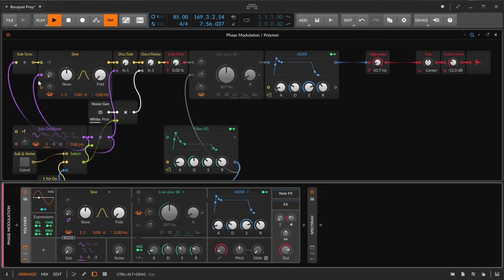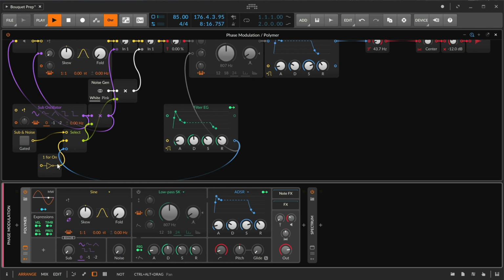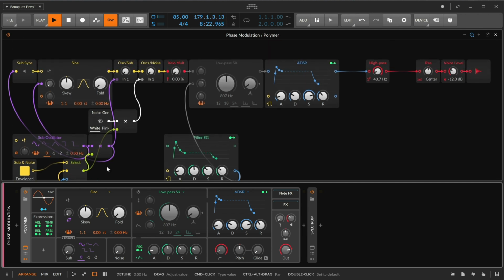So those are tied together to say, yes, I'm syncing the primary oscillator, or no, I am not. Now, after the output of the sub, there is a scaler here, which is letting us multiply the value to say, oh, the sub either has an envelope applied, which happens to be the filter envelope generator, or it's getting multiplied by 1. So when it's multiplied by 1, this is just turned on all the time. When it switches, it toggles over to the other state, and now the filter envelope generator is being used to